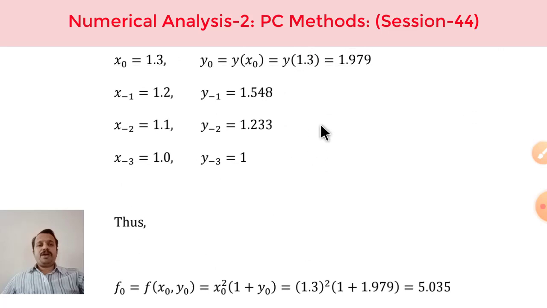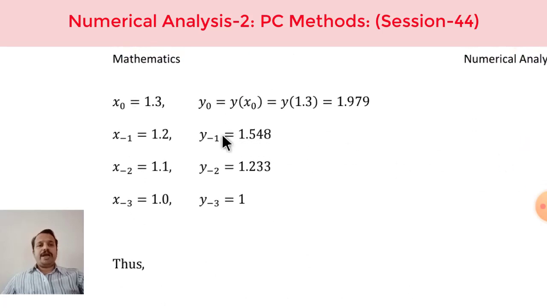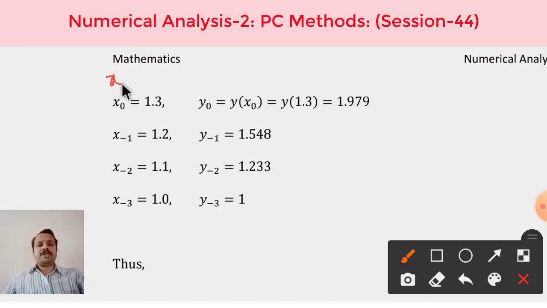So 1.4 being x1, I should write here for your reference. My assumption is that x4 is the point 1.4 which is of my interest, at which I want to solve the differential equation. Sorry, it is not x4, it is x1, sorry for that. We have taken x1 as 1.4. Now previous to this x naught should be there, previous to that x minus 1, x minus 2, x minus 3, and the values previous to 1.4 are 1.3, 1.2, 1.1, 1.